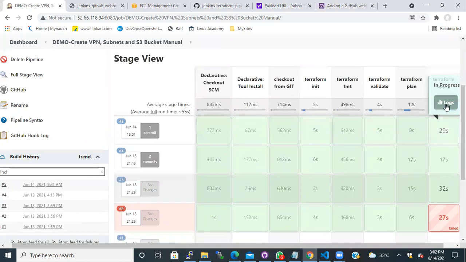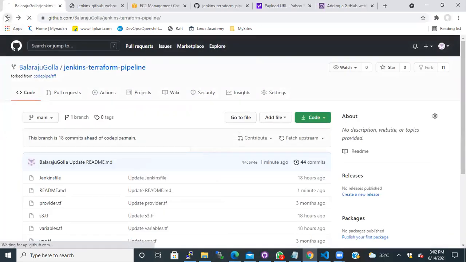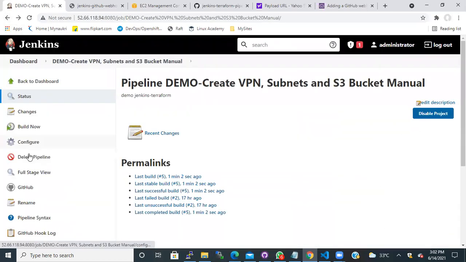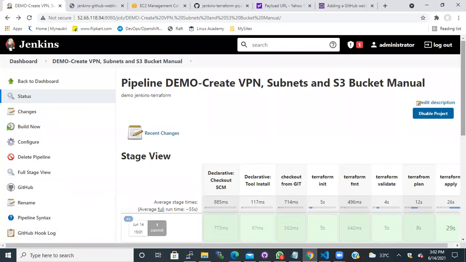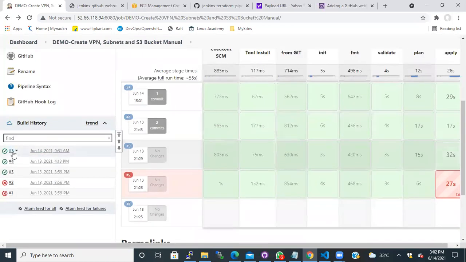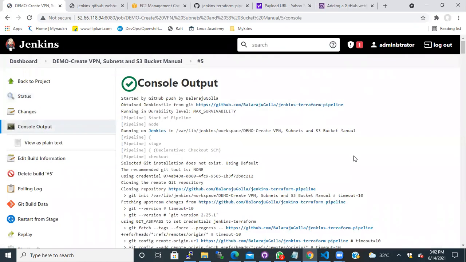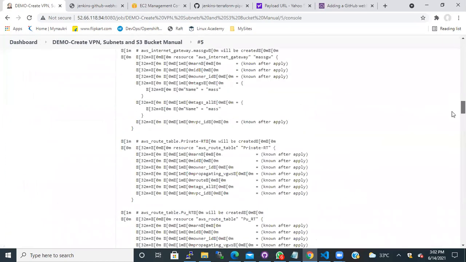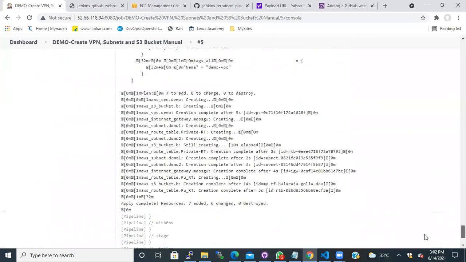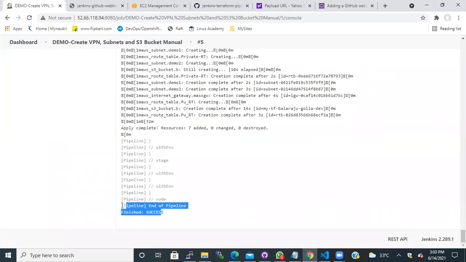The build is completed successfully. You can also see the logs here, what went wrong, in the console output, and finally you will see that the build succeeded.